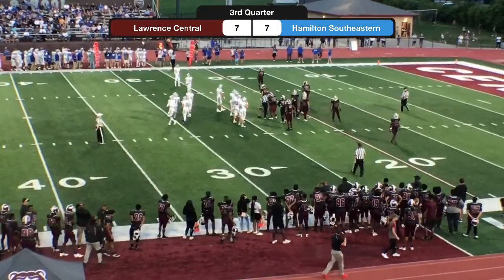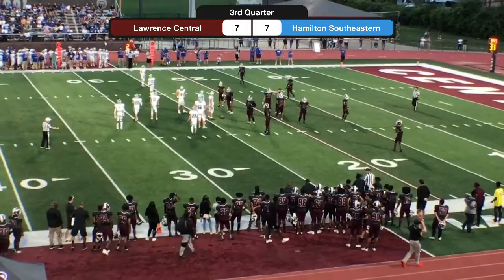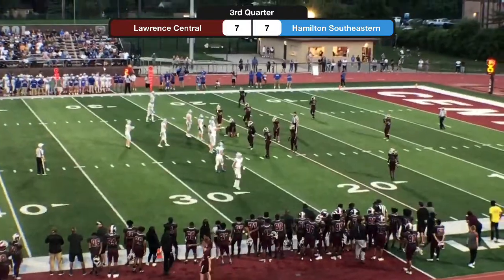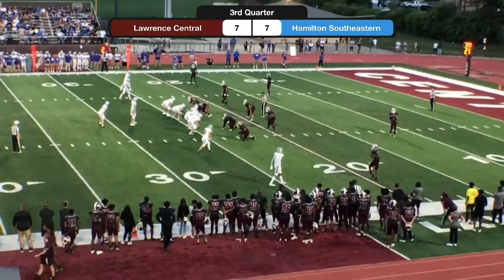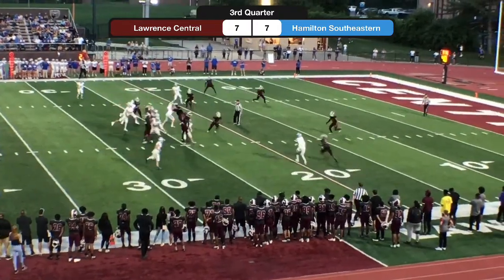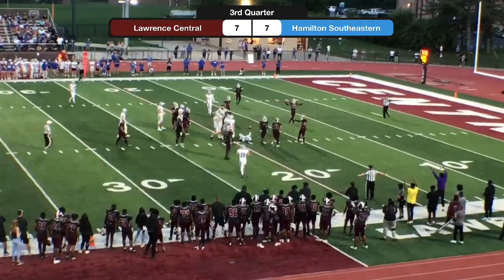Tackled by number 13, DJ Burton. The no huddle that we talked about, John, it's kind of slowing them down. LC, they really can't adjust to it. It seems like definitely when they're doing quick hitch routes, 2 on both sides. 2nd and 3 here on the 24. Fakes the run, throws the ball. Oh man,